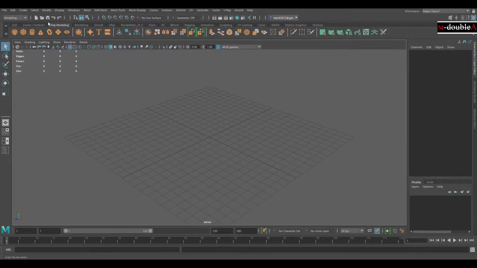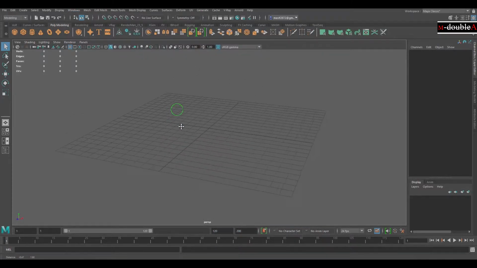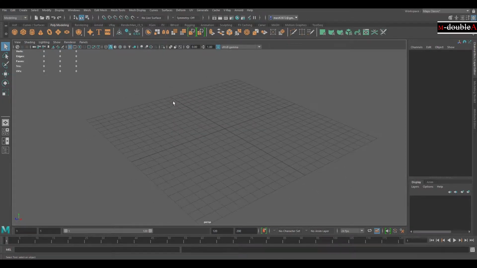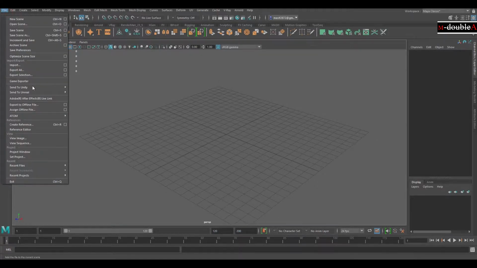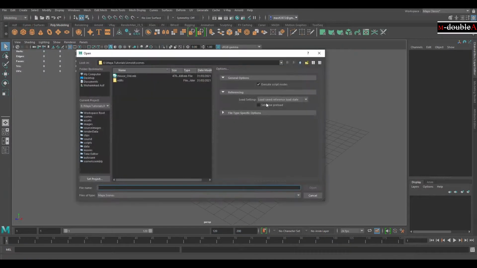First of all, open your Maya. I have Autodesk Maya 2020, and you can see we have option Arnold also. Let's start. First of all, open your model.